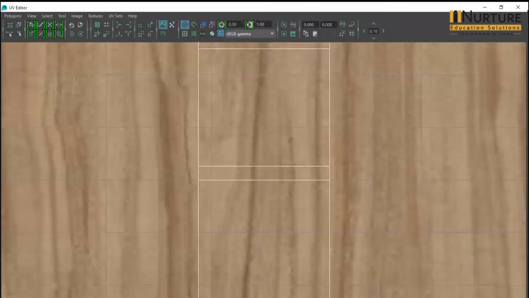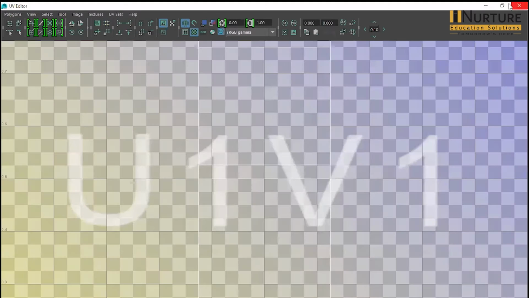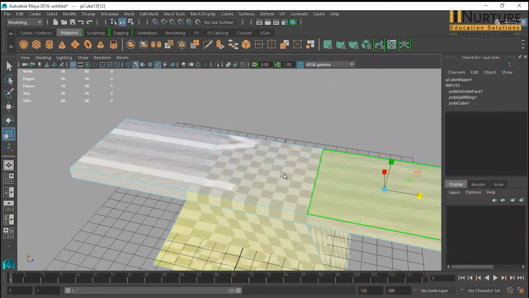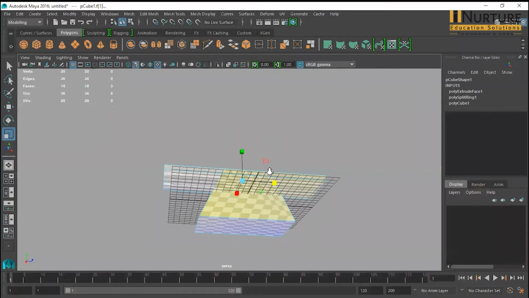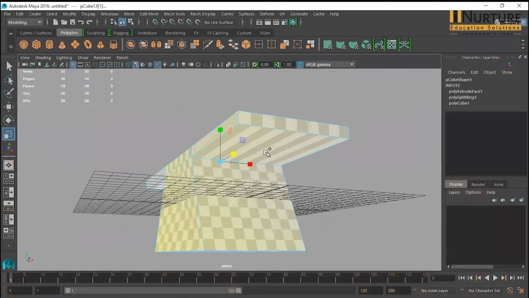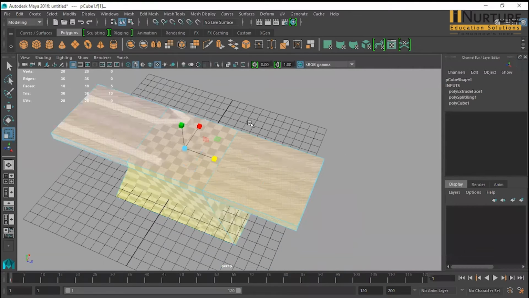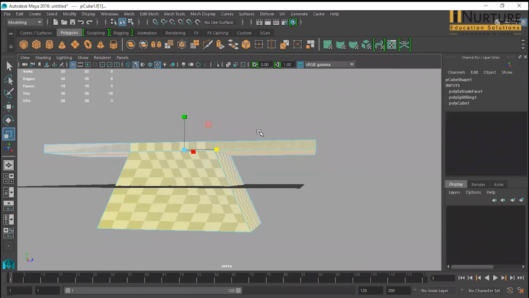अभी कैसे करना है इसको, इसको स्क्वायर कैसे करना है? तो पहले I need to select the faces. I can select both faces because when we take the planar mapping,